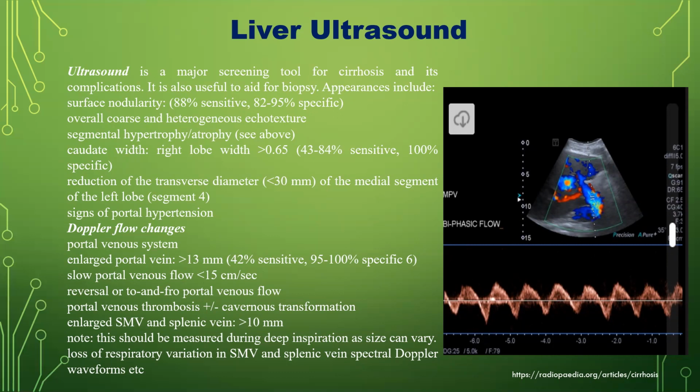Doppler flow changes in the portal venous system include a large portal vein, slow portal venous flow, reversal or to-and-fro portal venous flow, and portal venous thrombosis. This should be measured during deep inspiration as size can vary, and there may be loss of respiratory variations in splenic